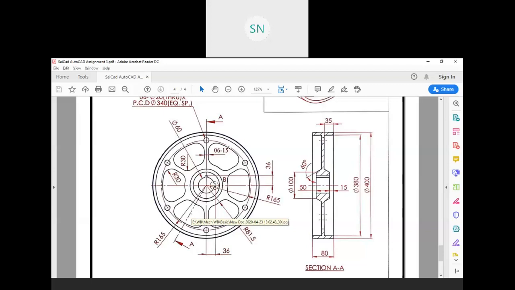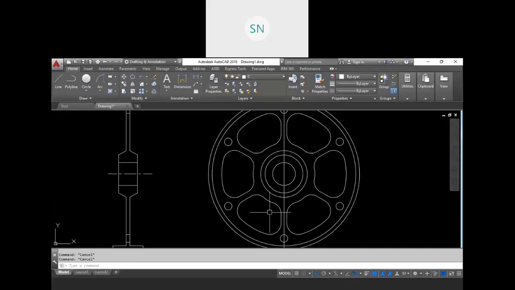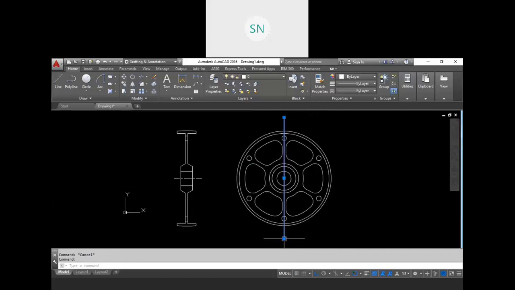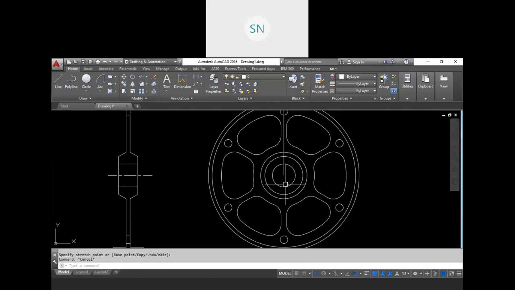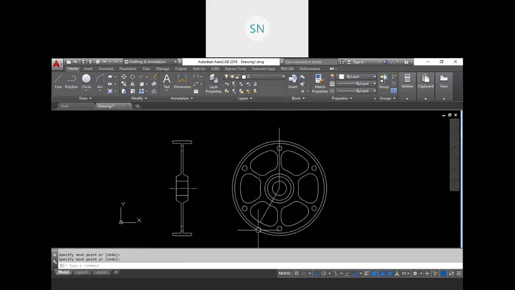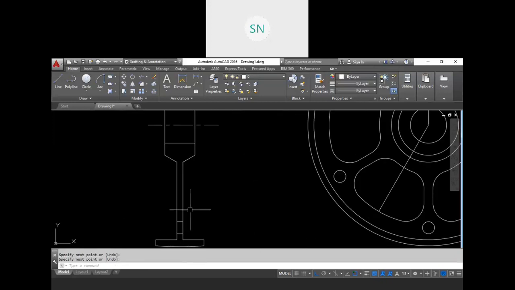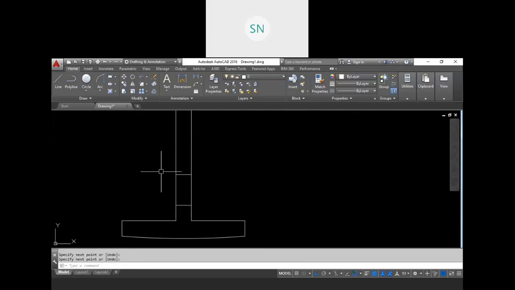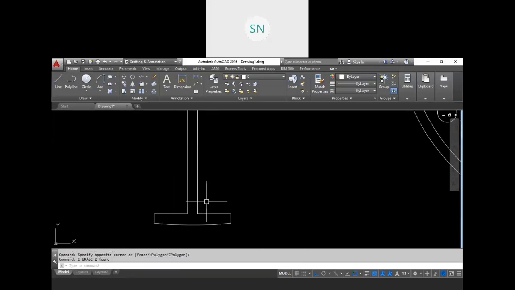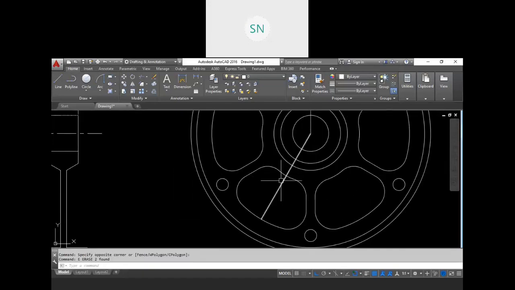So what we need to do? We need to take a projection of this thing now. See, a line is not like this. This is my section line. It is not like this. My section line is actually passing from here, right? Vertical, then here. So this bottom half portion will not carry this hole, right? So how will we take this thing over here in the projection?